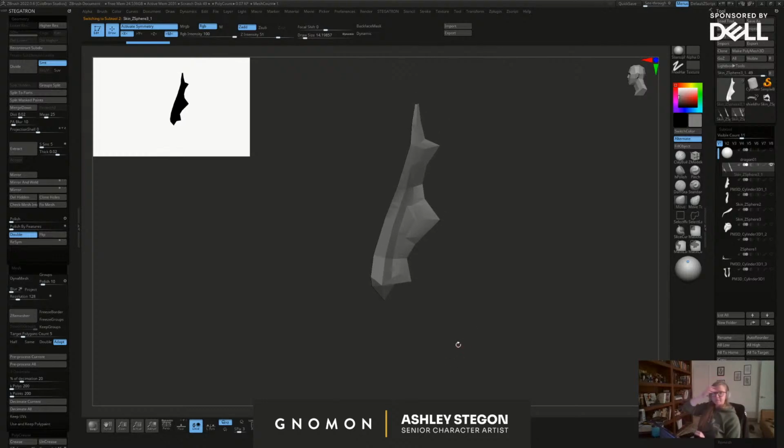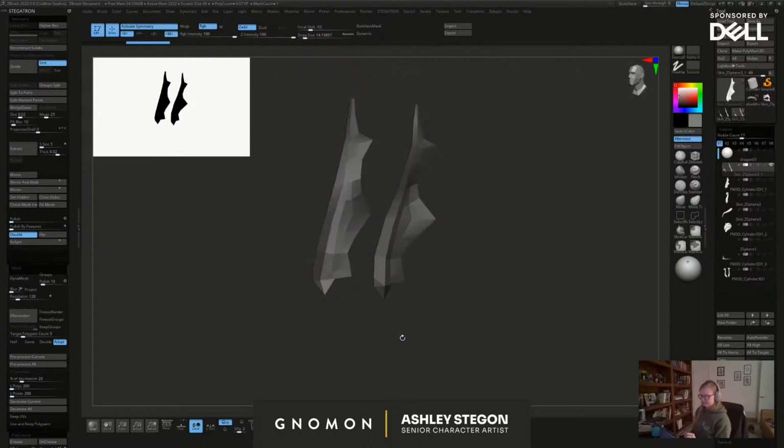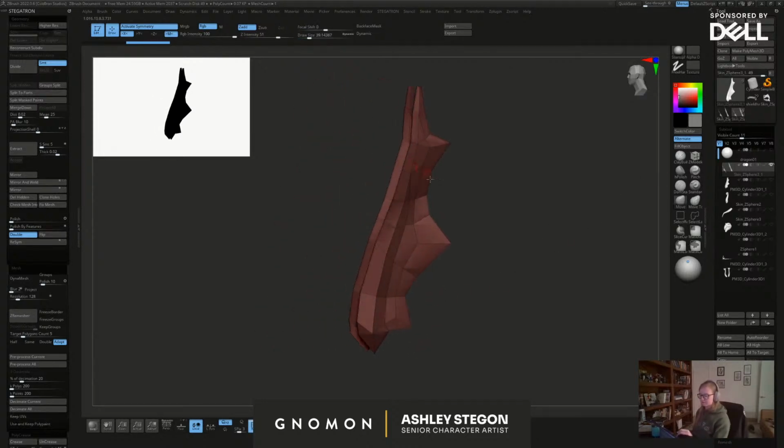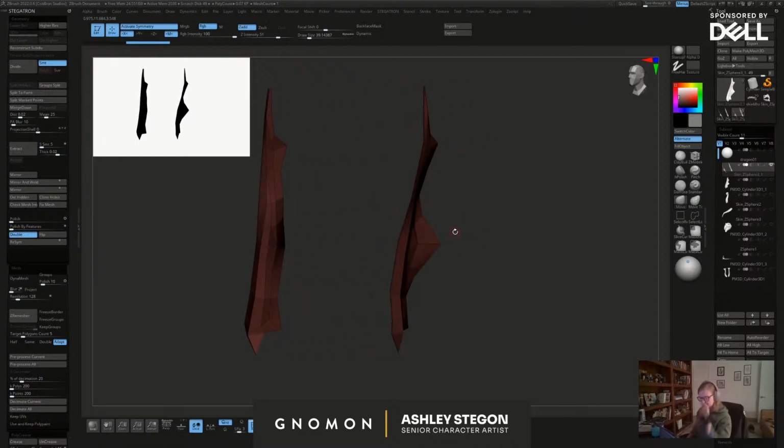James says, my only gripe with the retop tools in ZBrush is the ability to scale the faces to the same size. Oh, yeah. That's definitely true. I think I tend to just draw really, really big. And also, for something like this, I'm more thinking about the shape of the thing more than